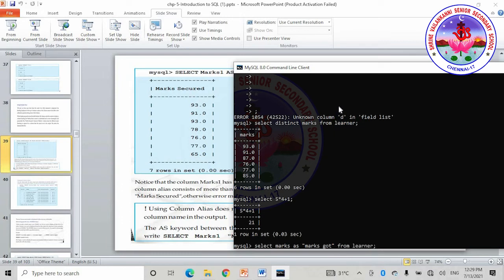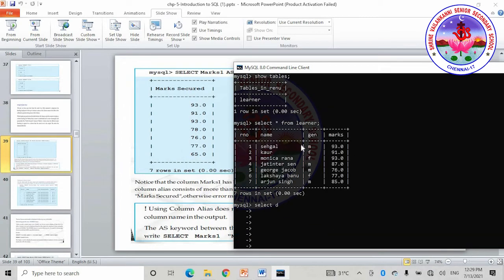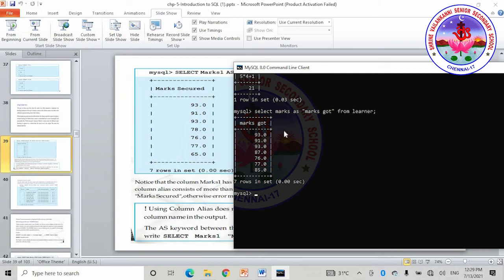If you see here, the marks column which I have given here has been retrieved as marks got. Yes, this is how the column alias will work. Even if you use the same query without the AS keyword, I have just provided a space between the marks column and the marks got string.